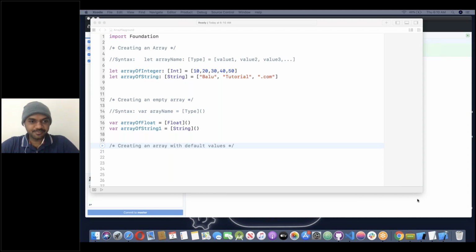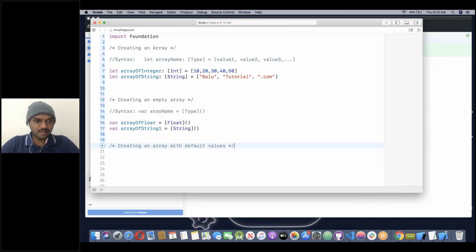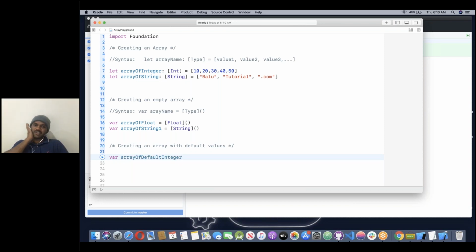Var array of default integer. I want to create a default integer array of Int equals to